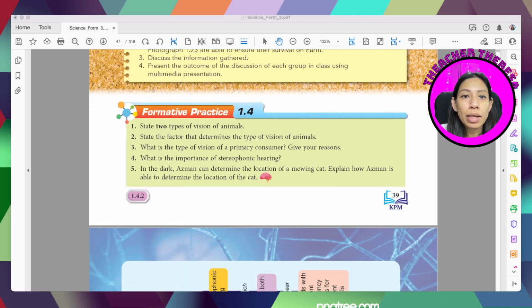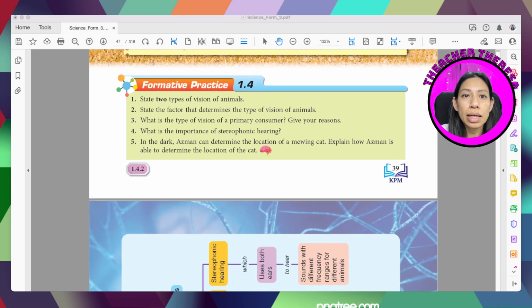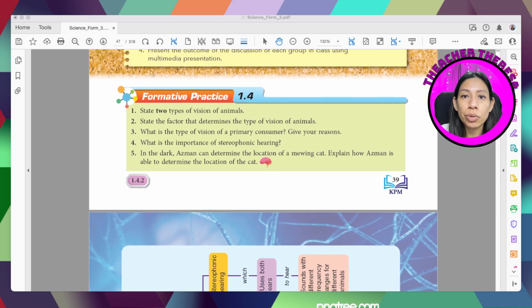And next we go to the importance of stereophonic. Stereophonic is like us, we have stereophonic. So important is to estimate the direction of sound. Lastly, in a dark area, Azman can determine the location of a mewing cat. Why he is able to determine is because Azman is human. So humans have stereophonic hearing. Stereophonic is important as humans can estimate the direction of the sound. So that is the whole part of chapter